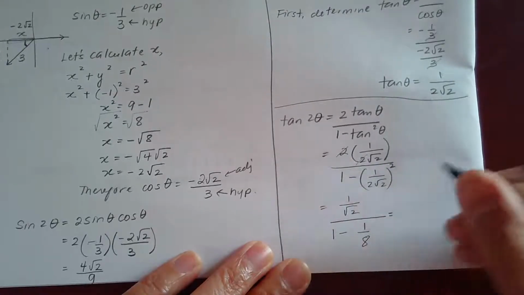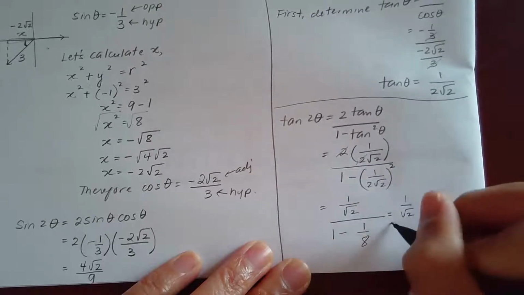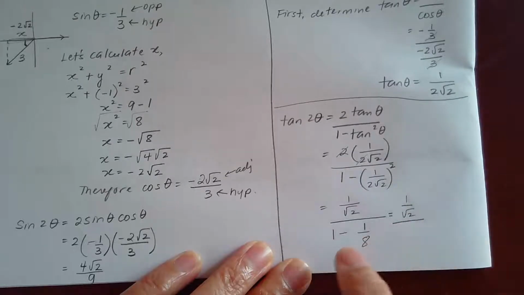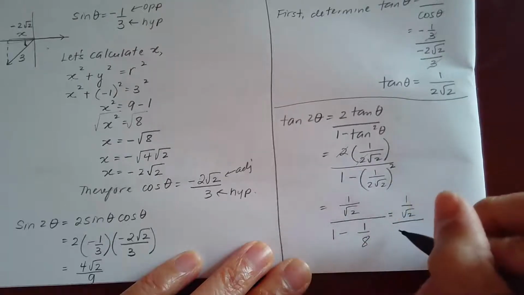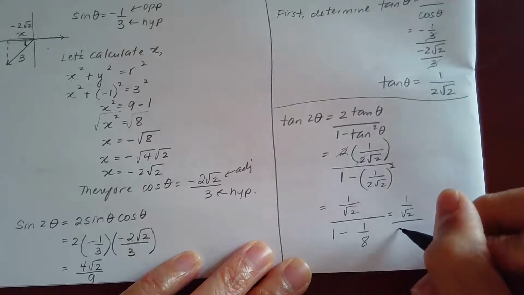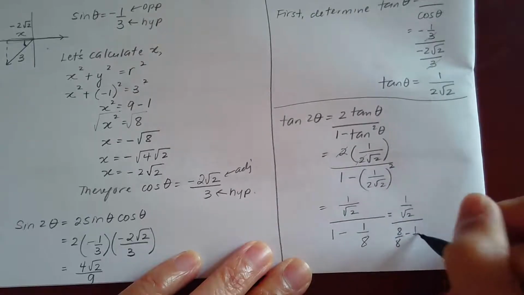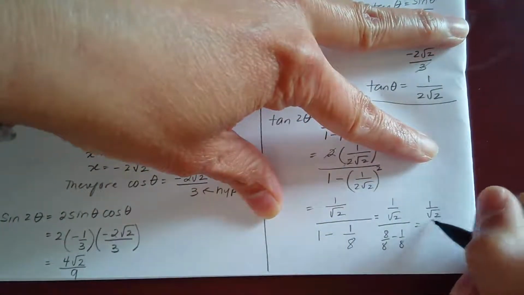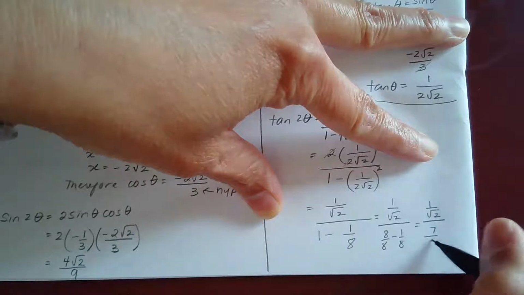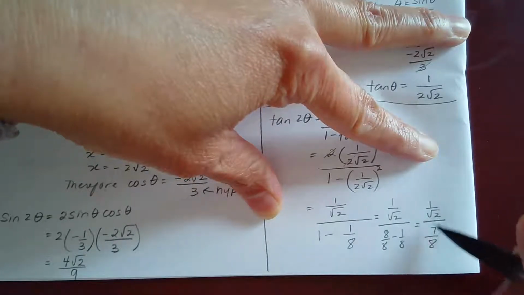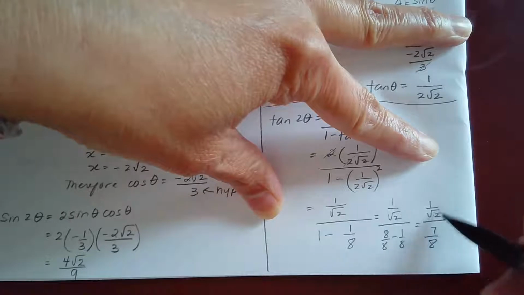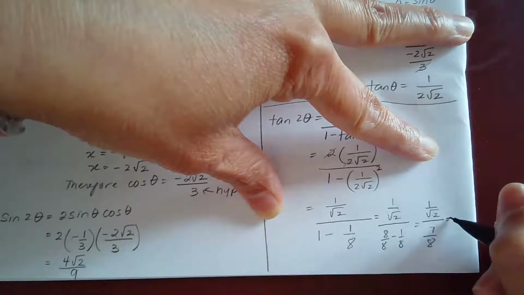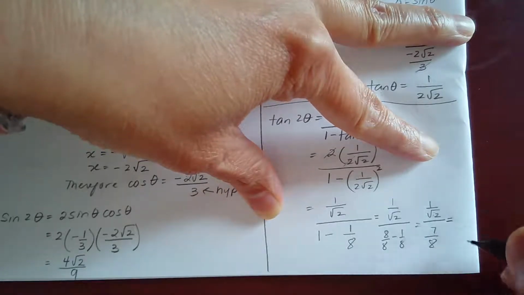And what's that equal to? So it's going to be 1 over root of 2 over, the denominators here are different. So this is going to be 8/8 minus 1/8. That's the same thing as 1 over root of 2 over 7/8. Now these two are not the same denominator, root of 2 and 8. So we can just multiply by the reciprocal. I'm really running out of room in here. So if we multiply the reciprocal,